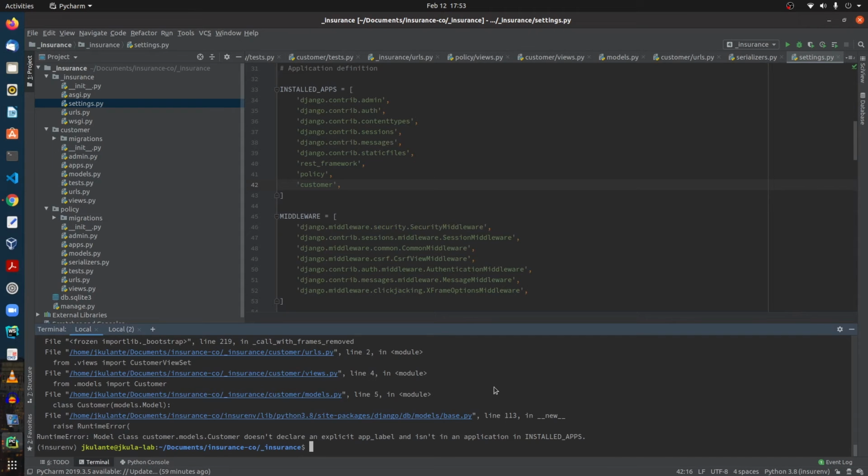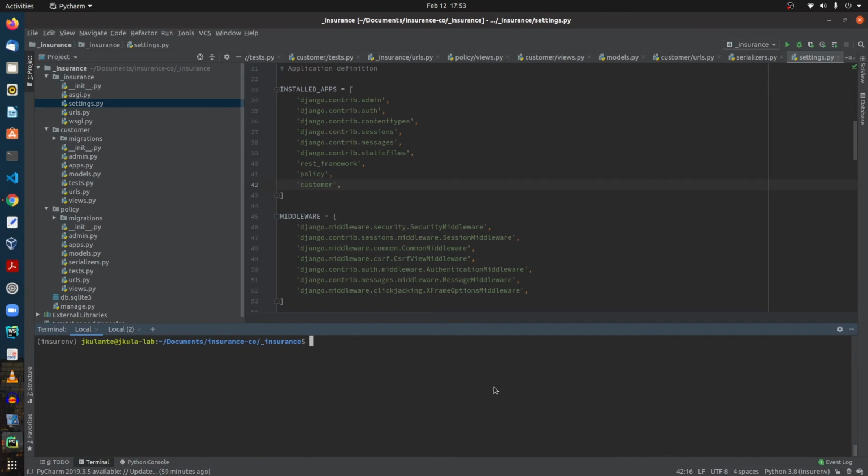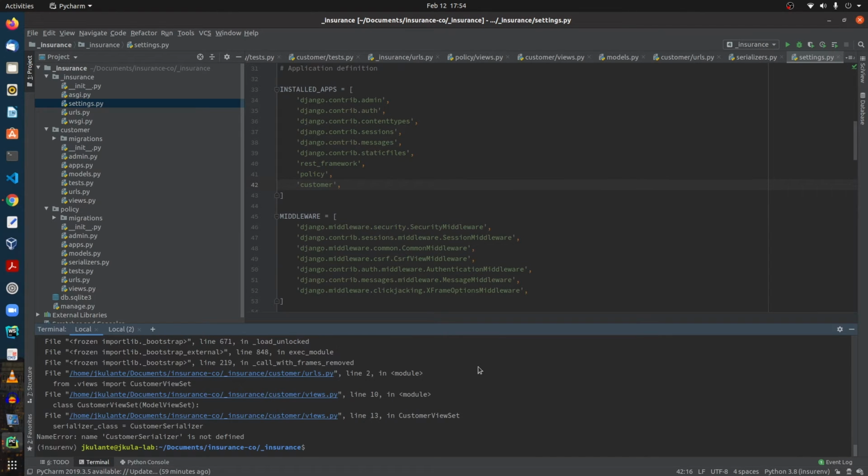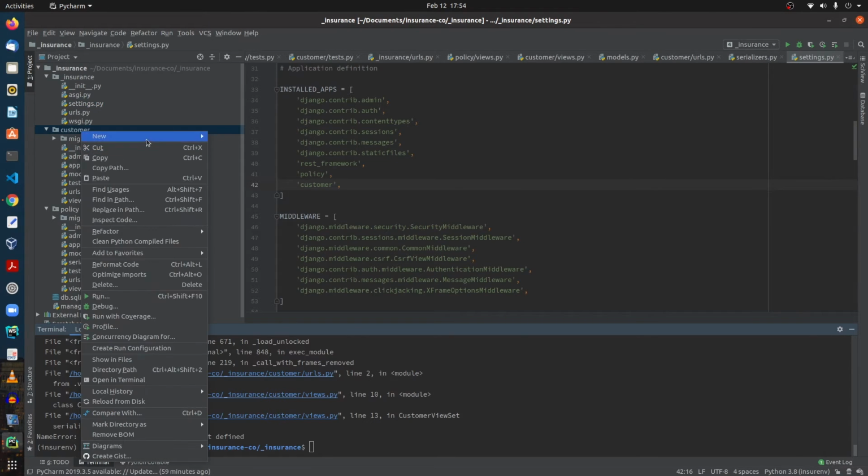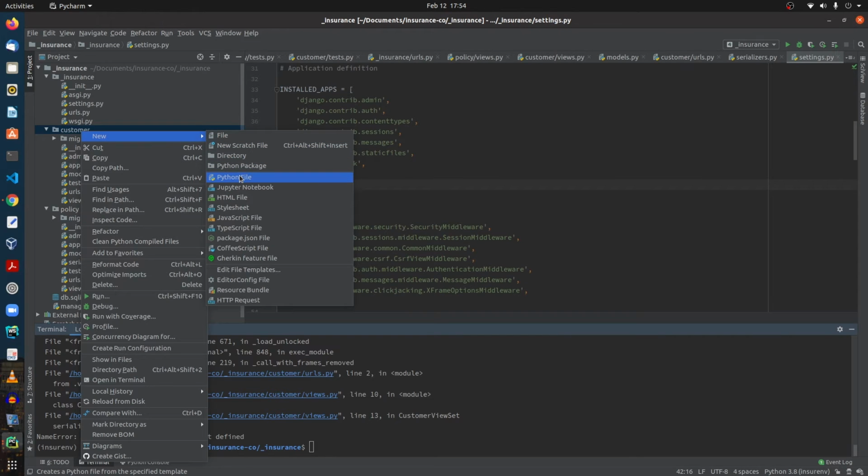Add the application customer. Let's continue testing, make migration. Now the serializer is not defined yet. We need to define the serializer. To do so, we have to create a new file called